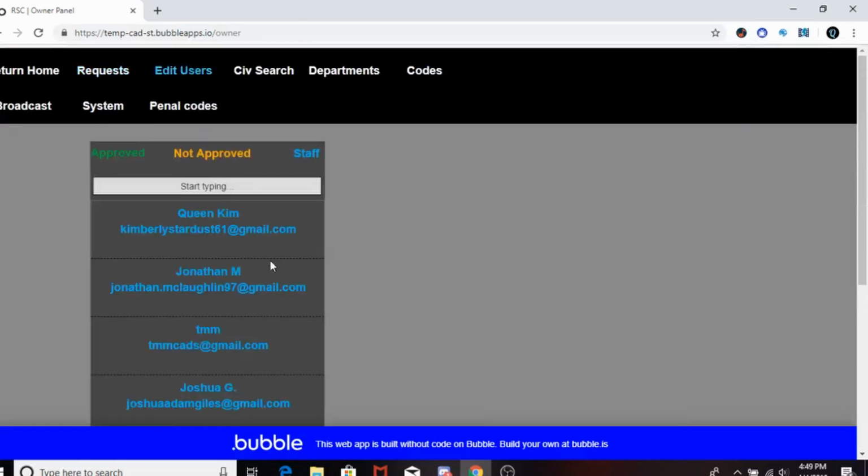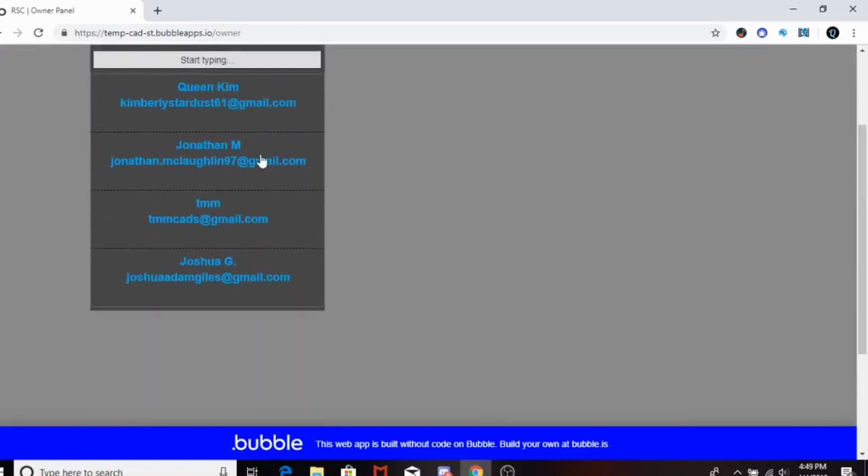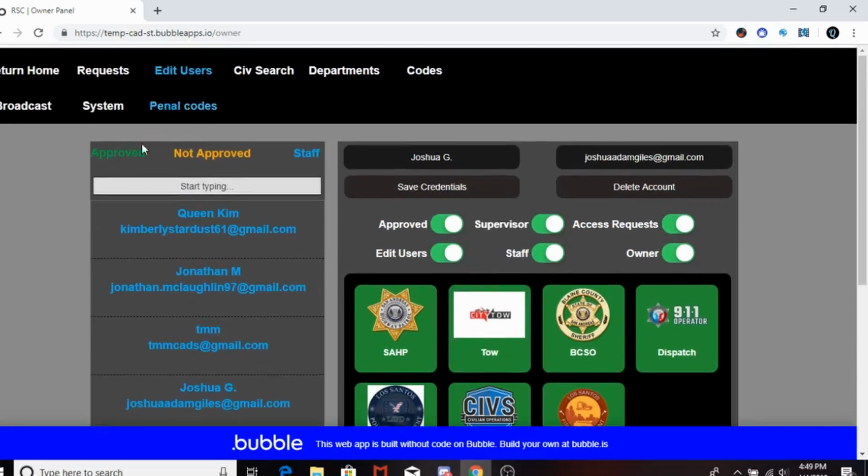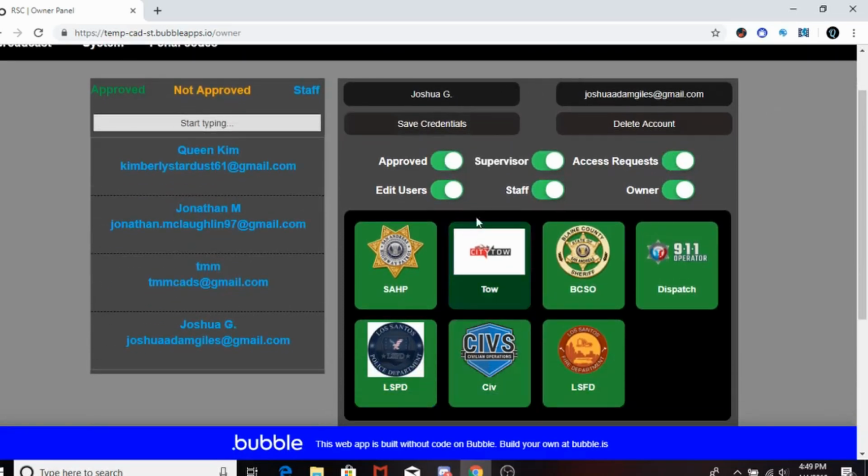You can edit users. For example, these are all the users in the CAD as of right now. So we can click on one. I'm approved for supervisor. I can access request people, so I can basically accept people. I can edit users. I'm staff, and I also have owner permission. My name is up here. You can change people's names if you're really new as staff. You can change people's emails, which you don't really want to do, and then this is how you accept them